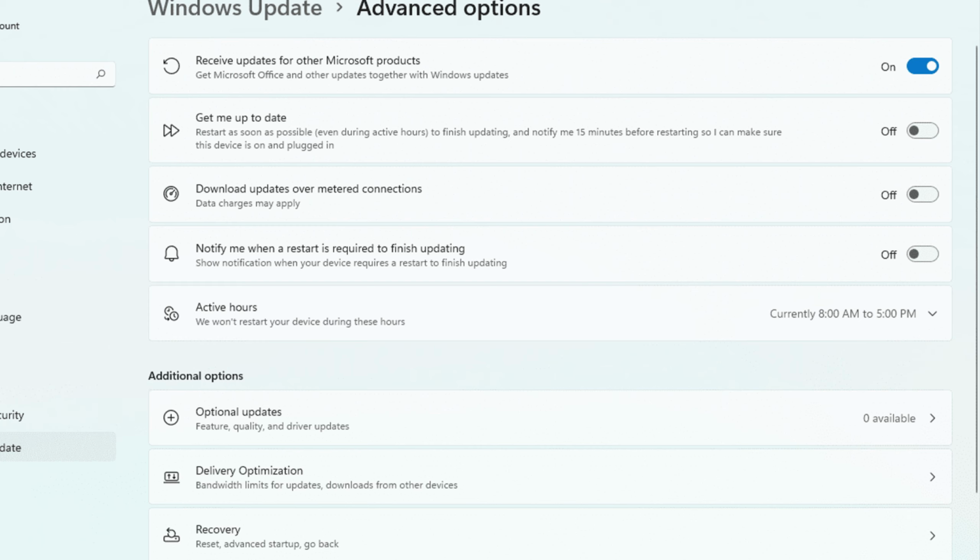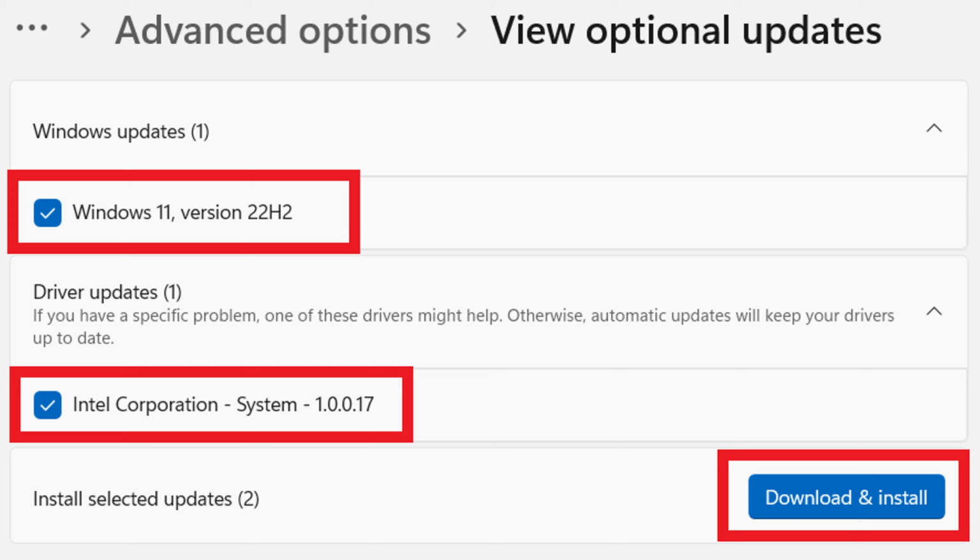needs to be updated. So scroll down and tap on optional updates, and then here you have to look for drivers. Under driver updates you will see here an example for this one. You have to tap this one and then download and install. So you just have to wait until it finishes, and this is the first step or first method to install